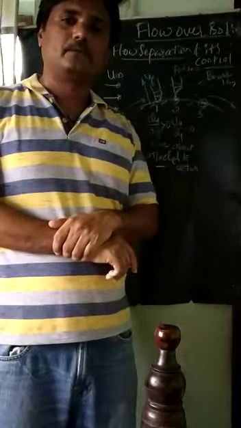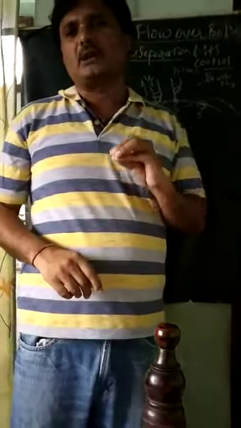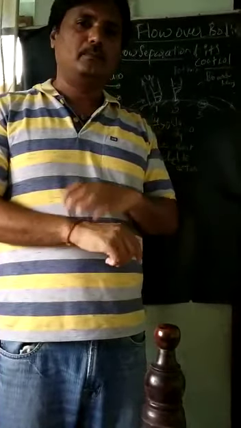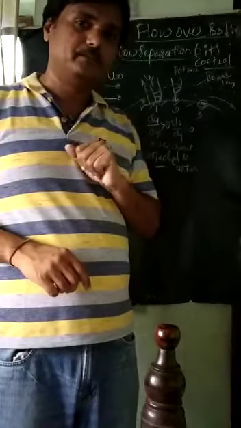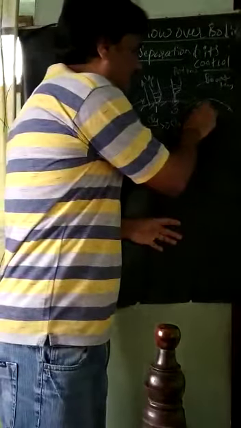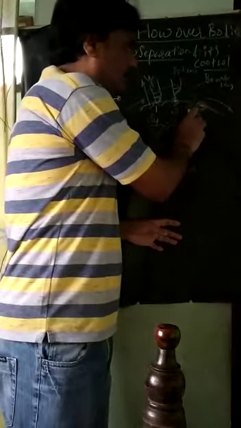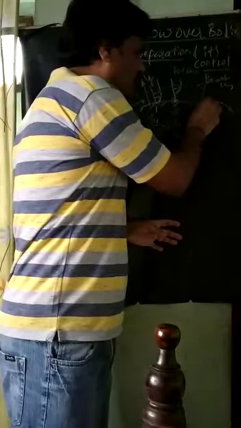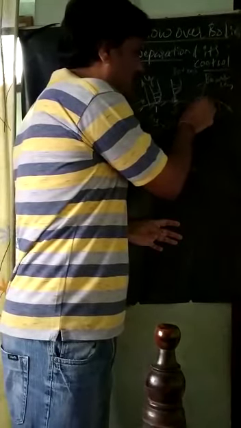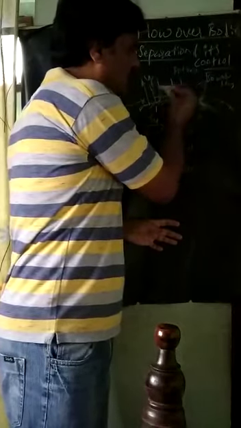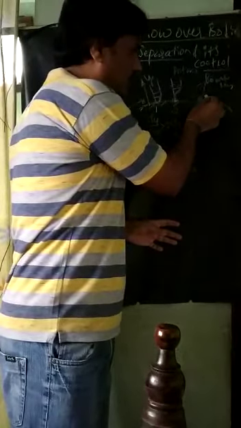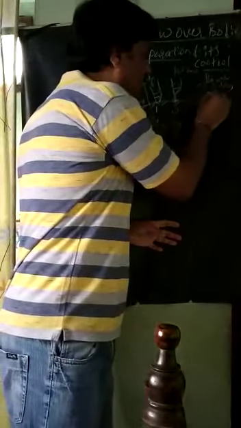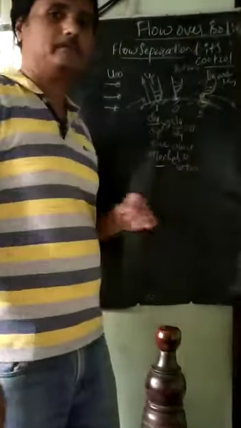Here what happens? So much adverse pressure gradient will be developed. Because of that adverse pressure gradient, immediately on the surface of this body, some reverse flow is happening here like this. Reverse flow in a reverse direction, immediately on the surface of this body. Then afterwards the velocity profile will take place like this here.